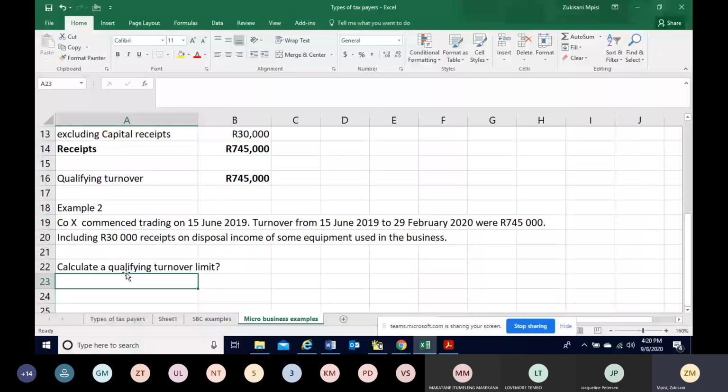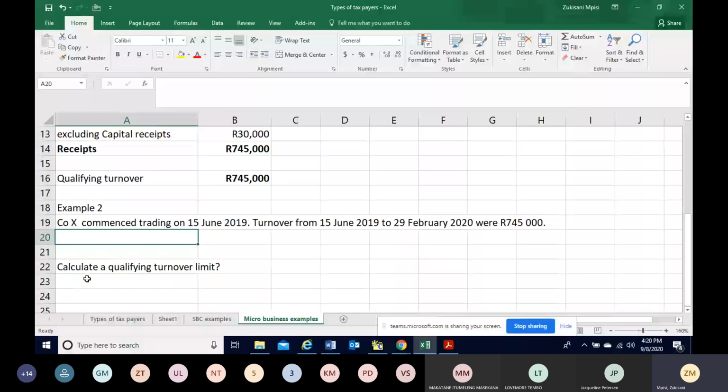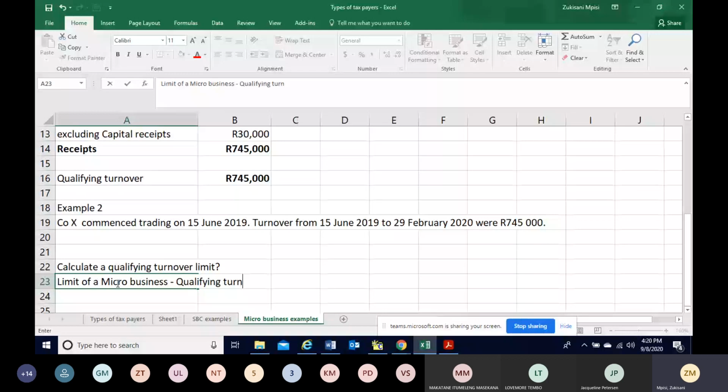1 million. So in a year of assessment, it must not exceed 1 million. So at this point, we can take this one out. We already know that the limit of a micro business, a qualifying turnover, is 1 million in a year of assessment. This is what we already know, that a qualifying turnover is 1 million in a year of assessment for a